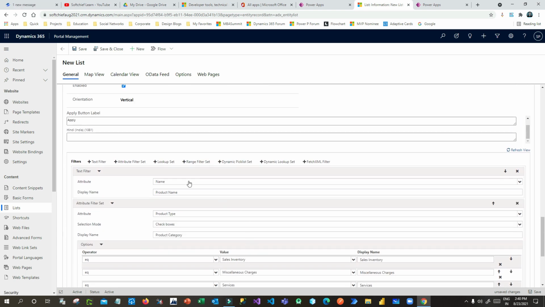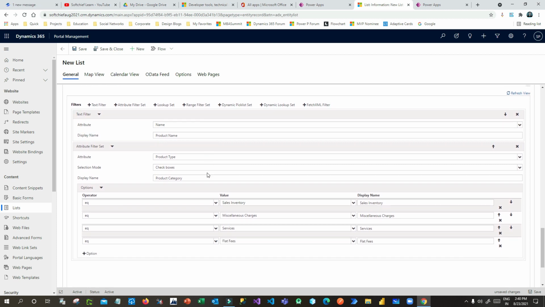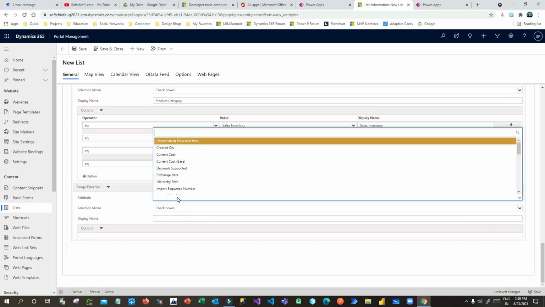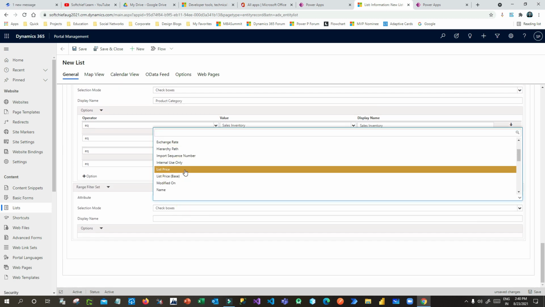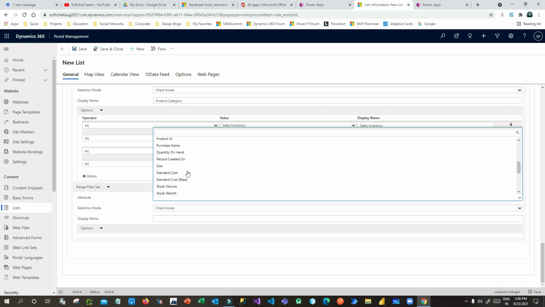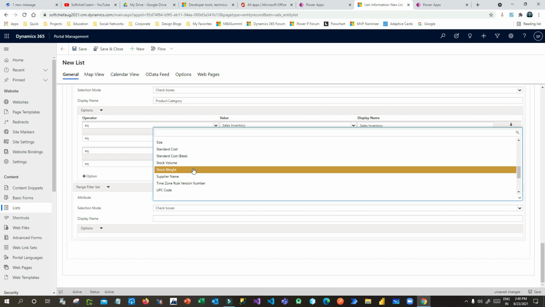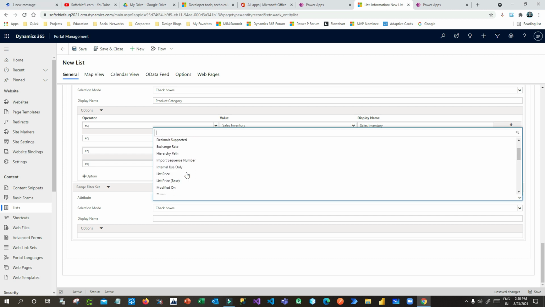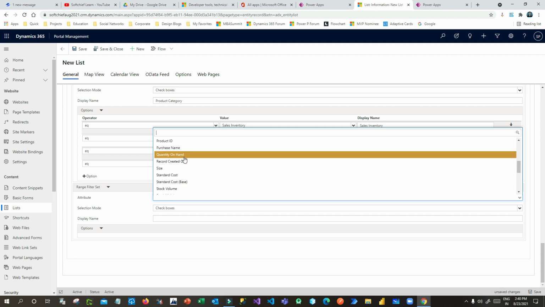Like that, you can also add a lookup set range filter. Let me add the range filter also. So here you can specify which data you want to filter by range. Let's say I want to filter by standard cost, or you can take some quantity value. Let me go down.